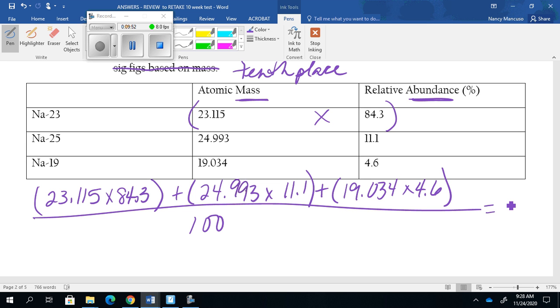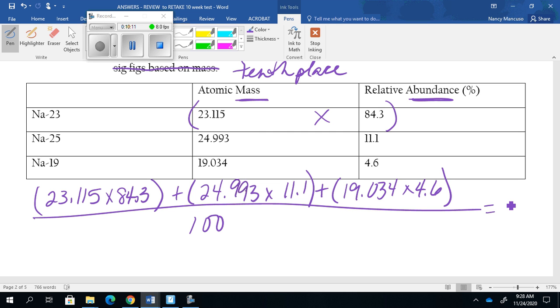Hopefully you're punching it into your calculator too. 0.34 times 4.6. All right, and then divide it by 100 equals. All right, I got